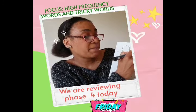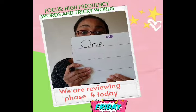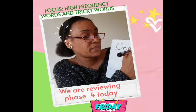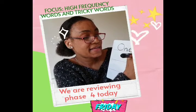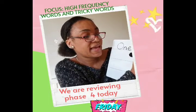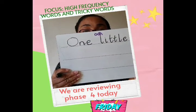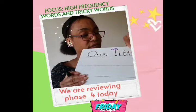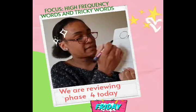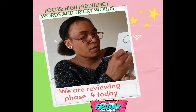Okay, so maybe you might want to think of a mnemonic for remembering how to spell one. One little, it's another tricky word. Remember the le at the end is an L and an E rather than an E and an L. One little, and then we leave our finger space. Actually, I think I'm going to go on to the next line because I've got more space to write my next word, which is boy. One little boy,